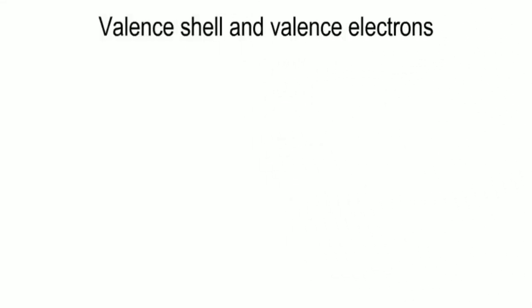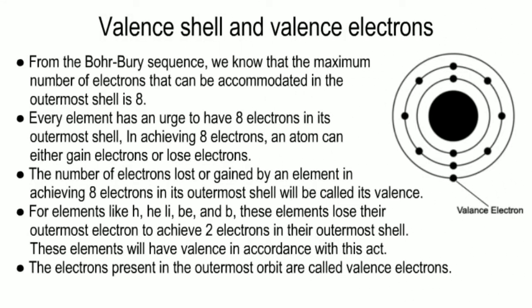Valence shell and valence electrons. From the Bohr-Bury scheme, we know that the maximum number of electrons that can be accommodated in the outermost shell is 8. Every element has an urge to have 8 electrons in its outermost shell. In achieving 8 electrons, an atom can either gain electrons or lose electrons. The number of electrons lost or gained by an element in achieving 8 electrons in its outermost shell will be